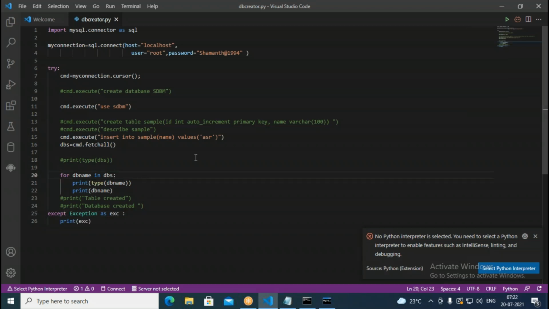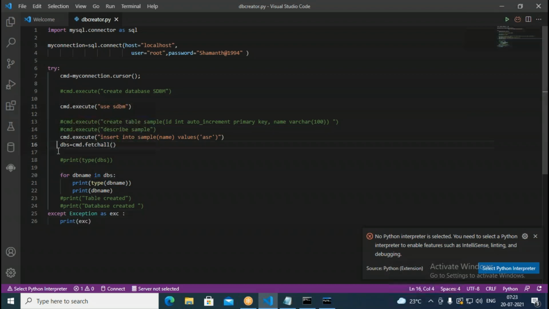So cmd.execute, when I say insert into sample, name, values, ASR, this should insert data into the underlying table. But it's not inserting. When we say fetch all or fetch one, it's not inserting.